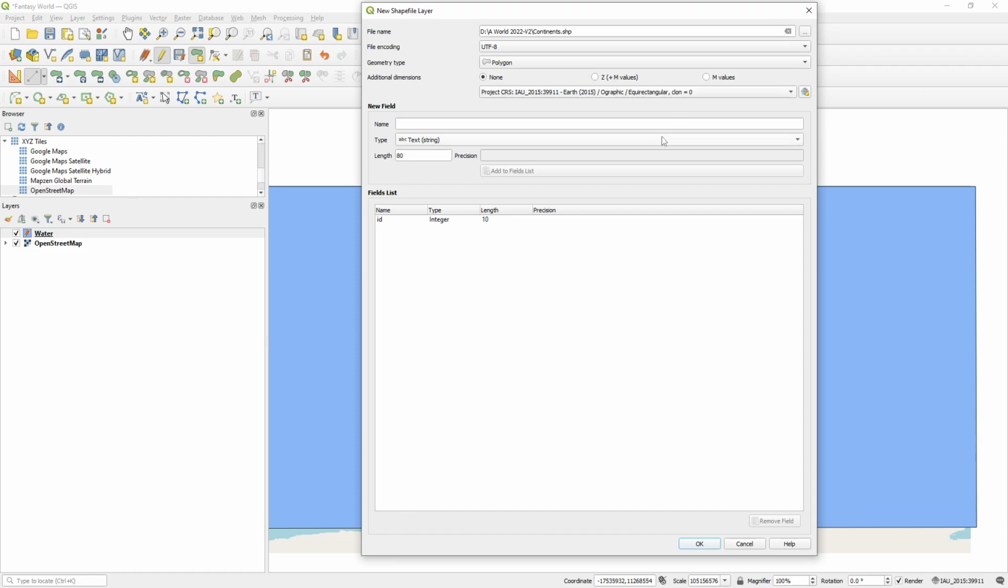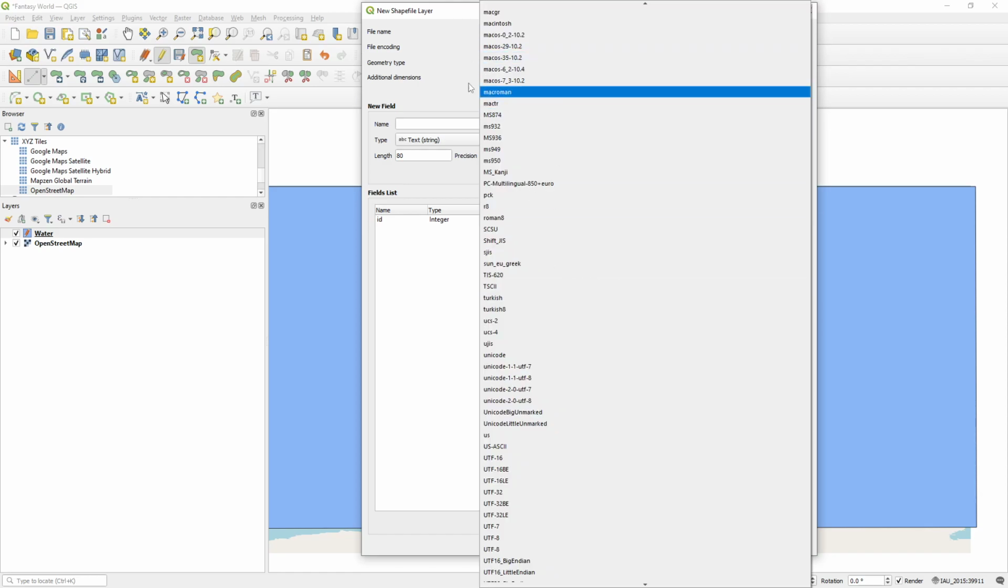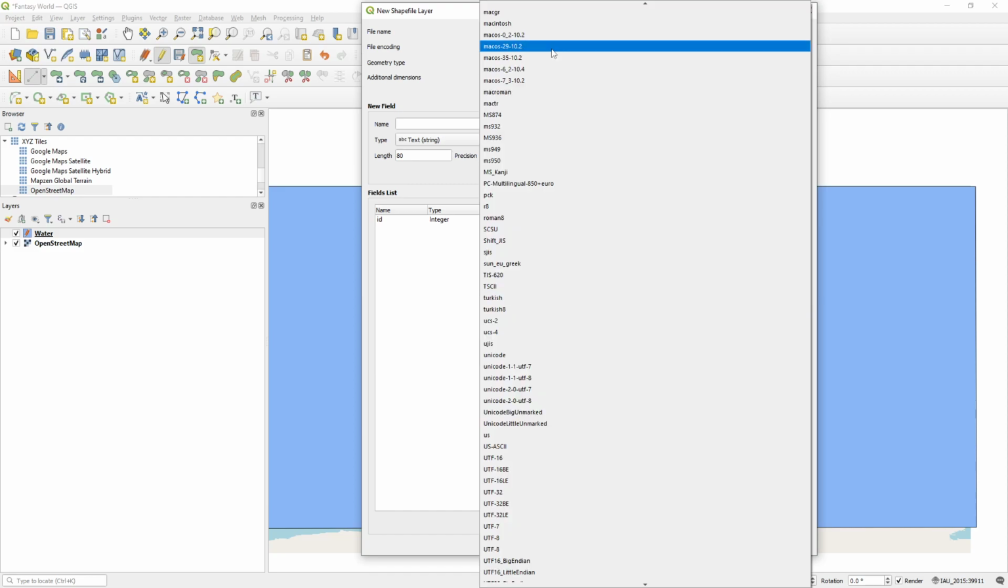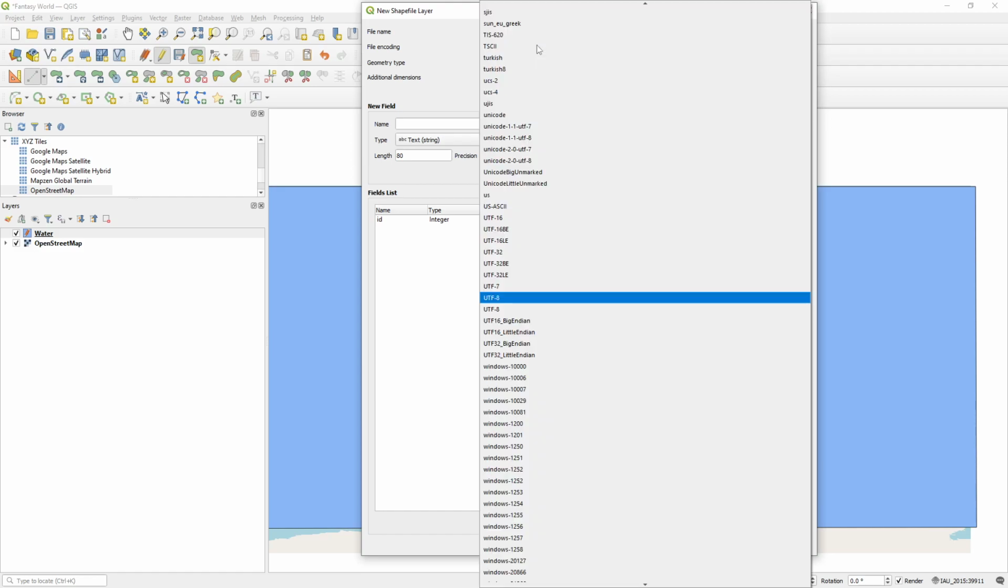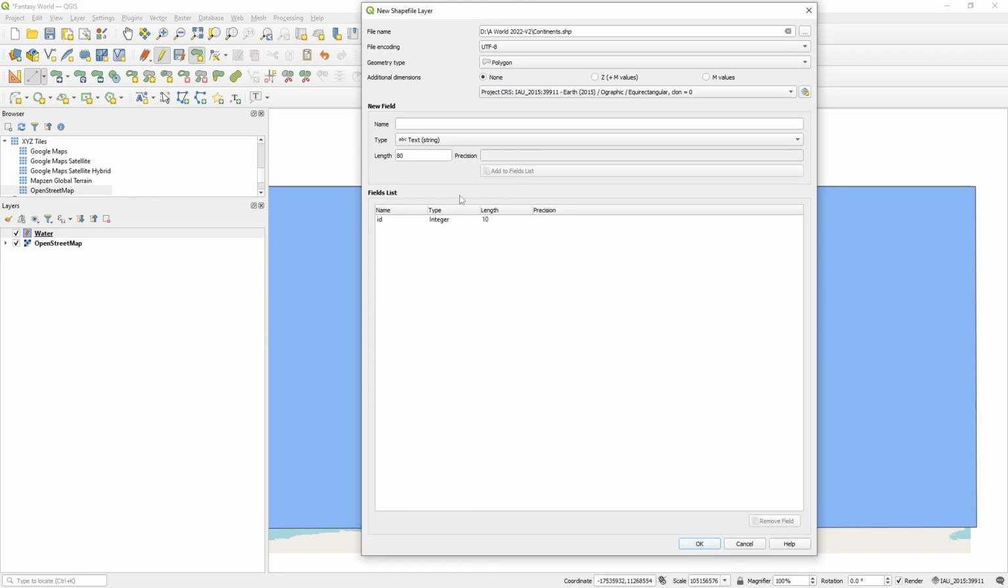All the same settings: polygon, project CRS, file encoding. Never touch that unless you're doing some different language stuff. Oops, and I just did that. What did I just do? I never touched that in my entire life. What the hell? Oh no. What have I done? Which one was it? I hope I'm not gonna regret this. Anyway,